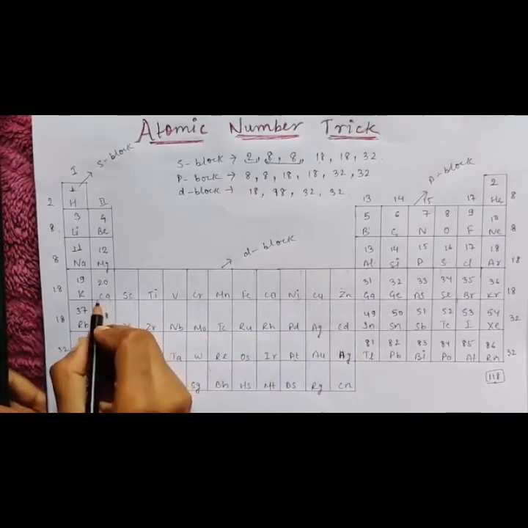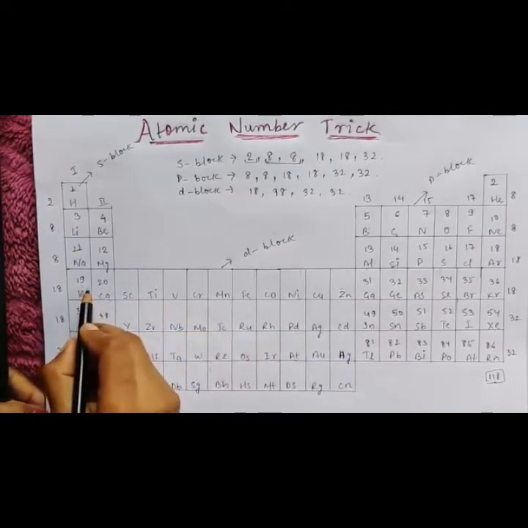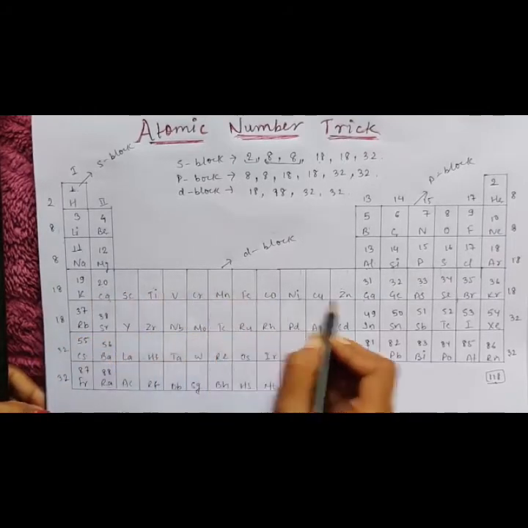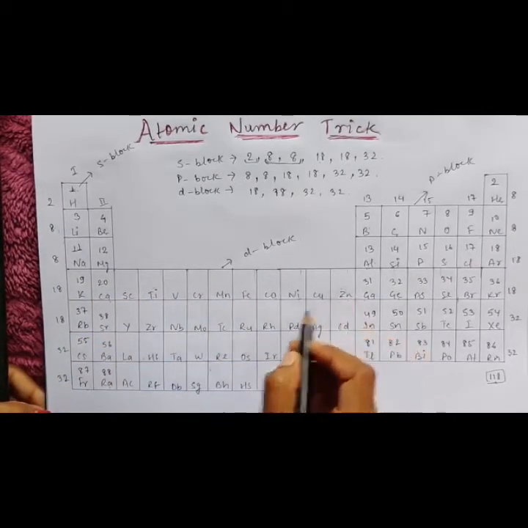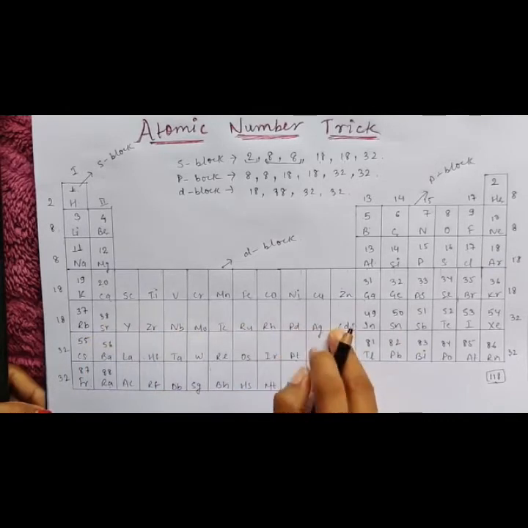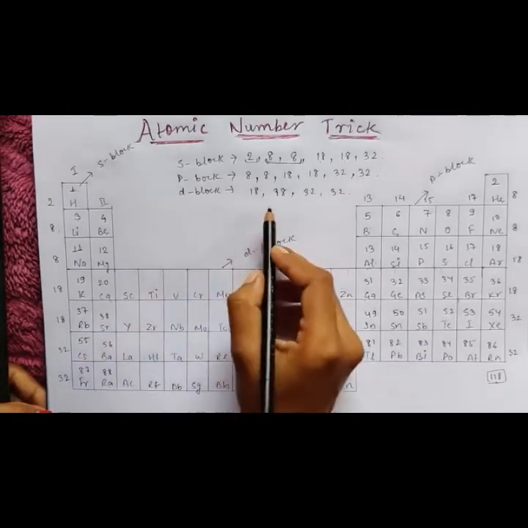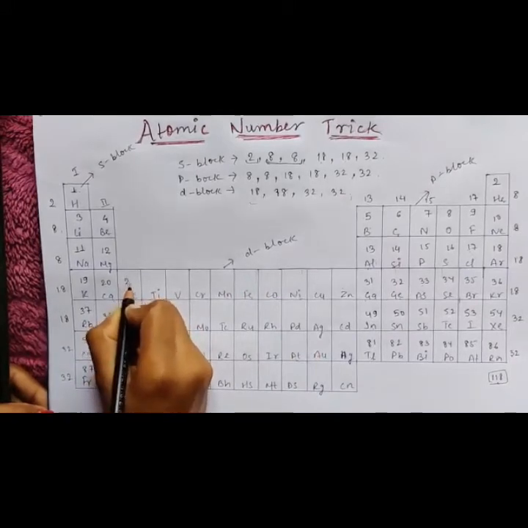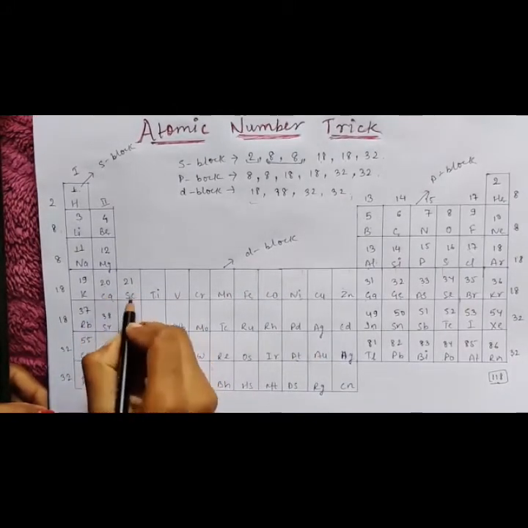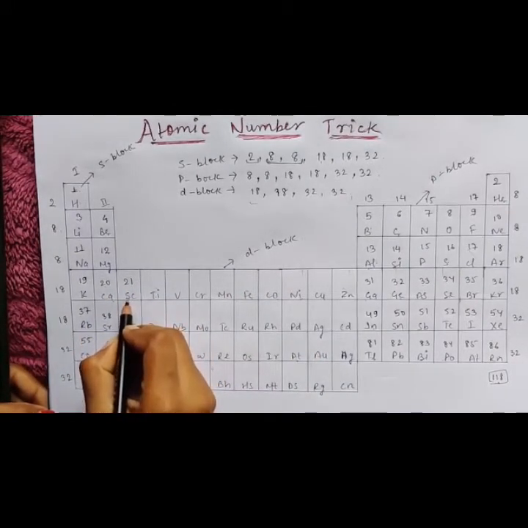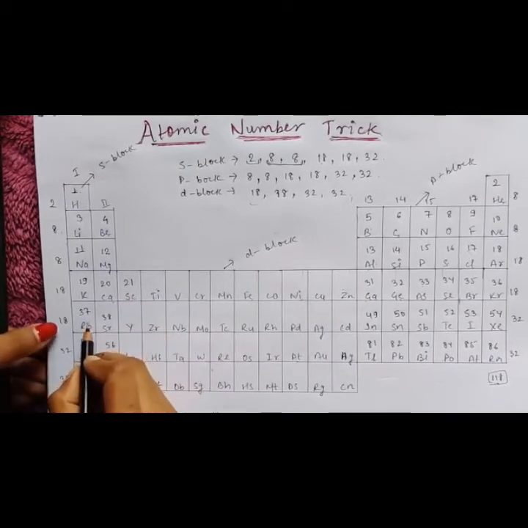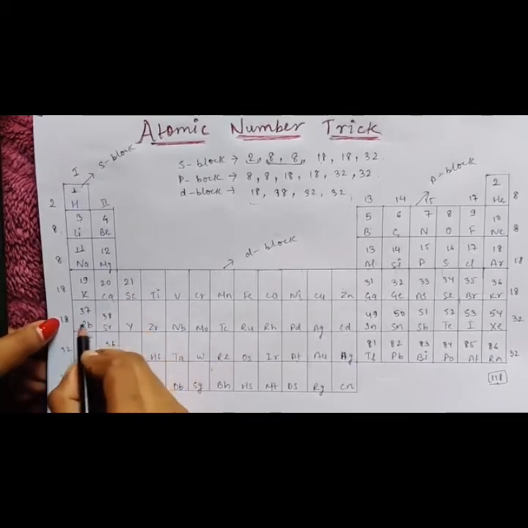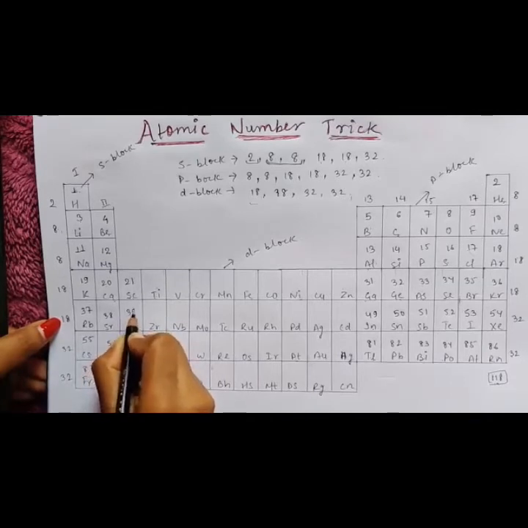Yeah, now we discuss about the D block elements. So D block elements are the transition elements. The place of the D block elements in a periodic table is between S and P. S ki P ki madhyalo. These are the D block elements. So if you want to write the atomic numbers, the same order you have to follow.